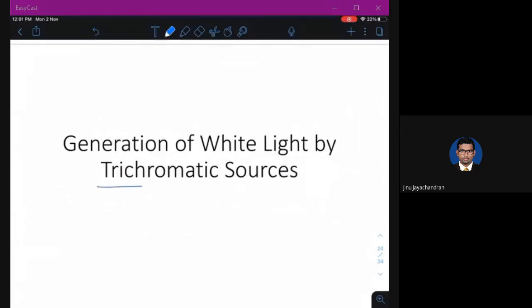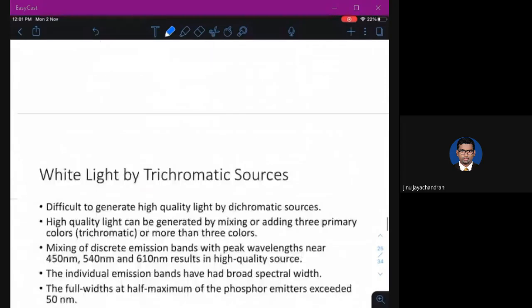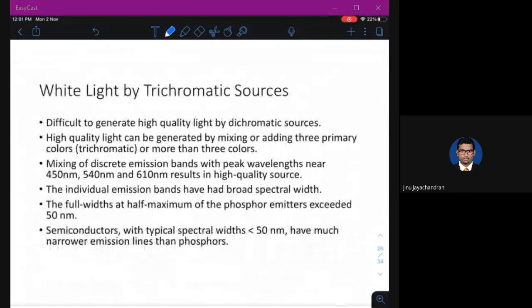Let's look at the trichromatic source. What is the problem with dichromatic sources? Why can't we stick to them? The main difficulty is to generate high quality light. High quality light, as I said earlier, depends on many factors, and one of them is CRI, the color rendering index.